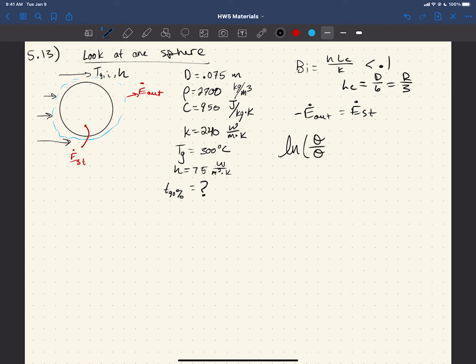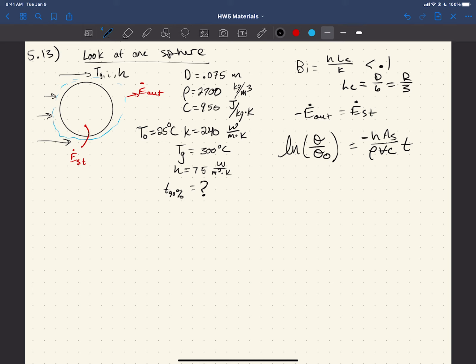So we get theta over theta naught. Because I don't have it written here, but you're given the T naught of these guys. What are they? The initial temperature of the spheres is 25 degrees C. And so you could use your boundary conditions and plug them in and get that. All right, and this is equal to minus HAS over rho VCT. Okay, so